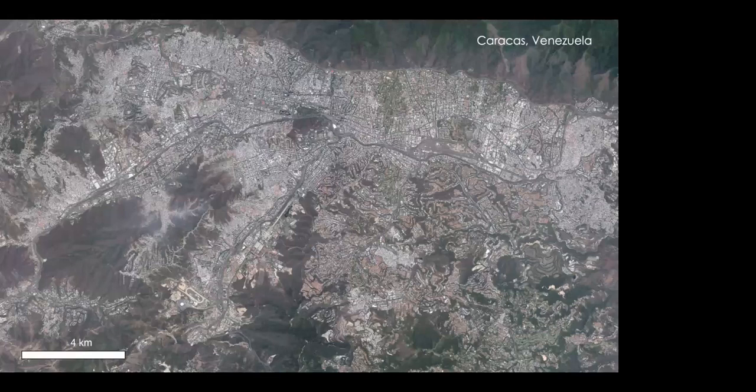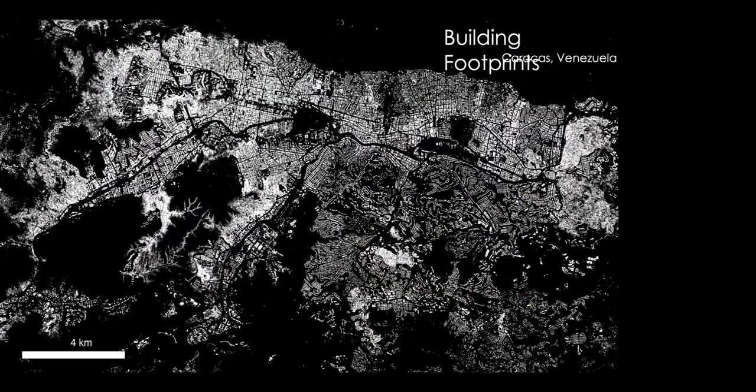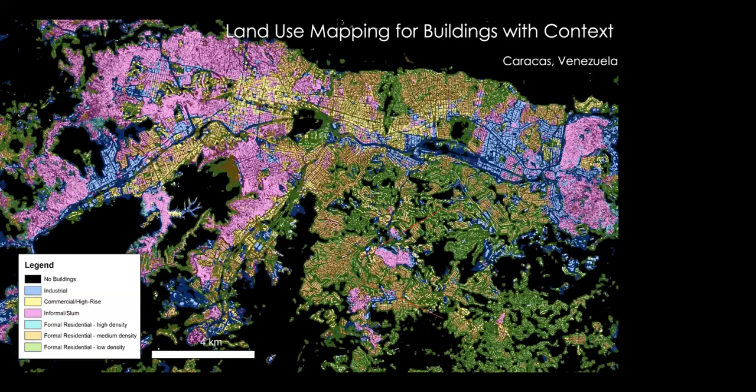So here is Caracas, Venezuela. This is a 30 centimeter satellite image. These are all the buildings from Caracas. And then when you do that second order machine learning to ask what are my different kinds of neighborhoods, you start understanding where industrial, commercial, informal slums, formal residential are. So you can generate it in different ways. And we are having very good luck in deriving it from data and also deriving it with real experience of where we would go and train our model for doing this.